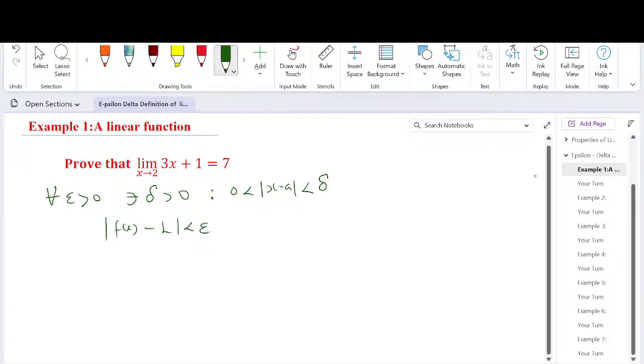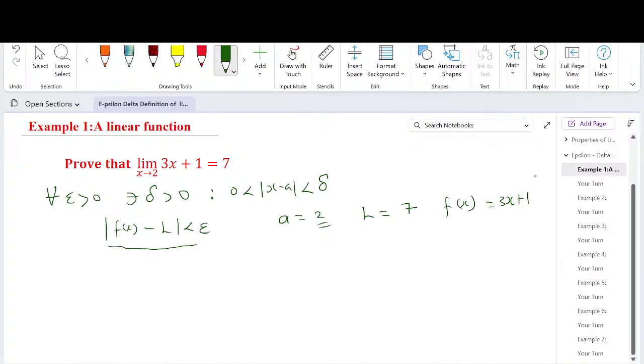Okay, so now from the given question, we see that the value of a is equal to c, capital C, then the limit L is equal to 7, and f of x is equal to 3x plus 1. Okay, so now to prove this, what we're trying to do is to tell ourselves that